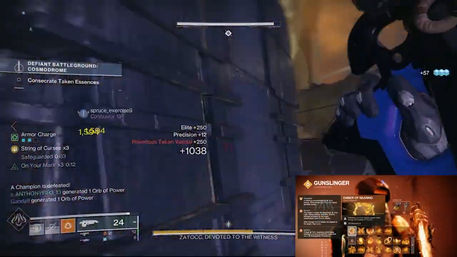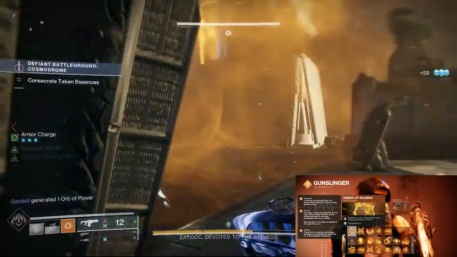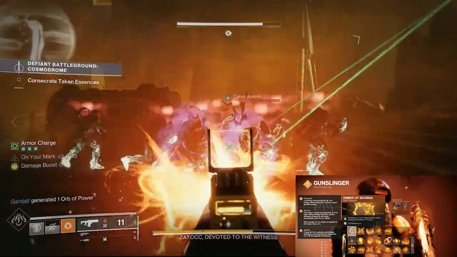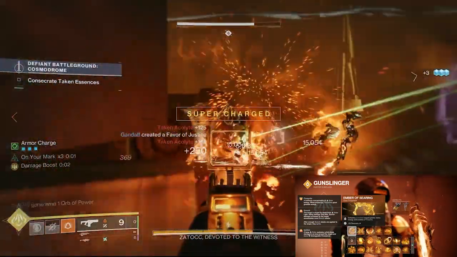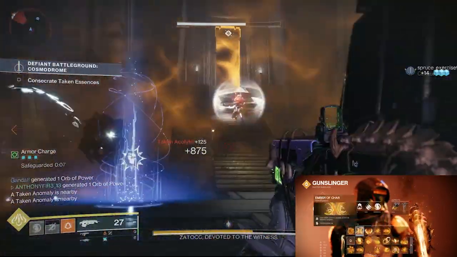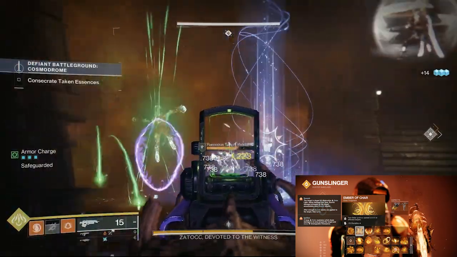The Phoenix Scorch targets grants melee energy and creates a Fire Sprite. This is really good. Fire Sprites obviously right there, our Solar energy, which picks up Fire Sprites, grants grenade energy, which is pretty cool, and then you also scorch the enemy and have ignitions. We're also going to be using Ember of Char. Ember of Char, the target is singed by